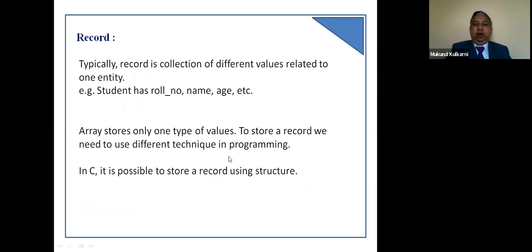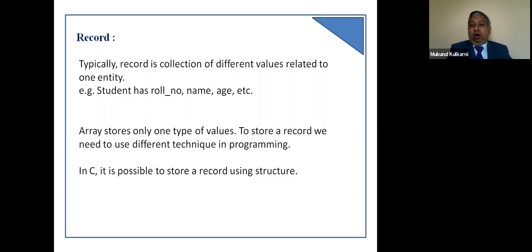Now let us try to understand concept of record. Typically, a record is a collection of different values related with one entity. For example, let us try to understand entity student. Now every student will have a roll number, name, age, and so many other parameters.